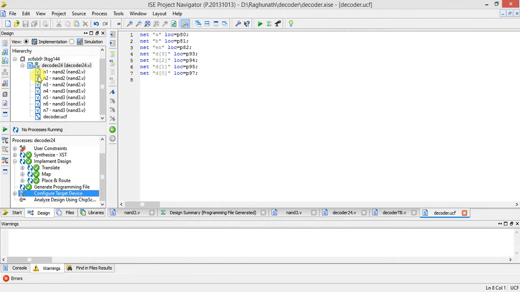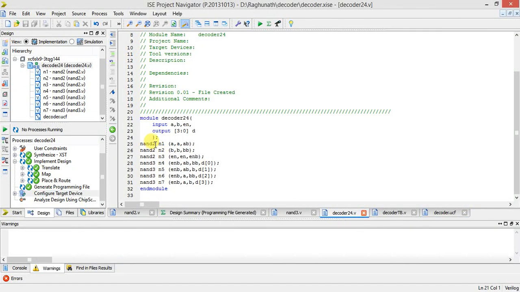If there is a question mark appearing on the left side, that indicates that the NAND 2 gate and NAND 3 gate are missing. Whatever NAND gate names you use, you have to use the same in the decoder also. Here I will show the decoder. We used NAND2.v, so you have to use NAND2 here, and NAND3.v.